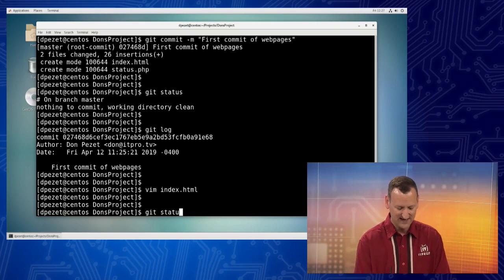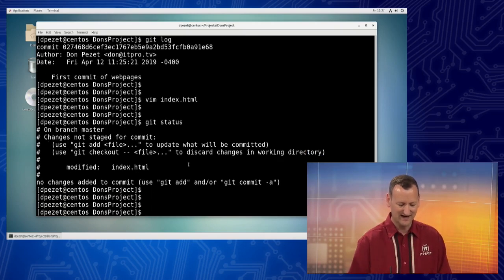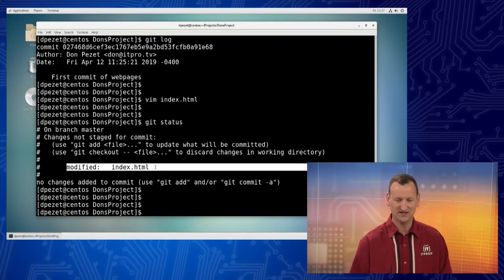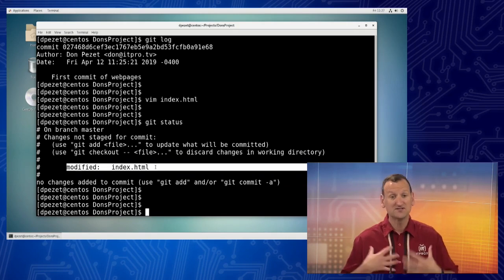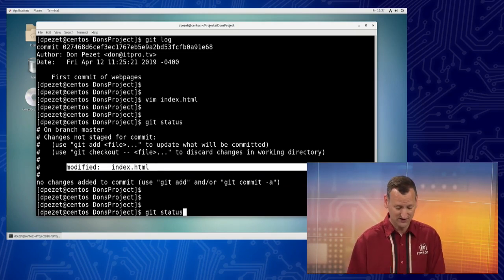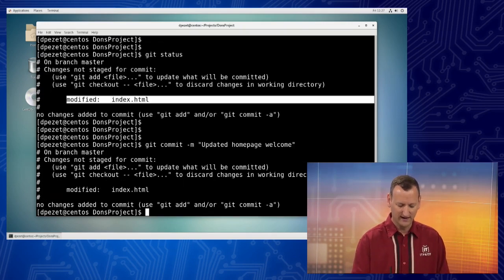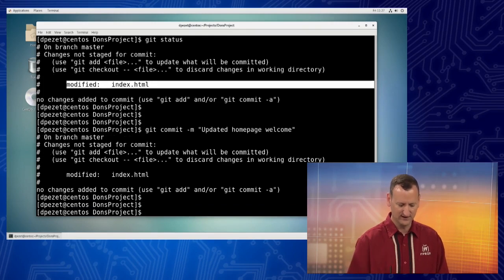And if I run git status, I can see I have a modified file. Index.html has been modified. Now, since it's my repository, I can just push that change in, immediately approved, right? So I'm going to go back up to my last commit, and I'm just going to give this one a description of updated homepage, welcome, right? So now it's got a name, and I can run that, and it's going to push it in,